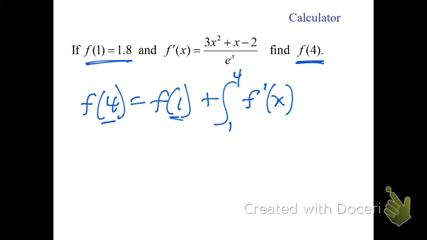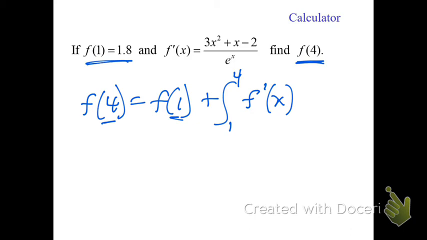Then put it into your calculator. You don't have to write anything else. Please practice doing it so you can make sure you know how to do it in your calculator. Change the f of 1 to 1.8 plus, you don't need to write it though, then do all of it in your calculator, okay? So I have to do that right now, so I'll get the answer for you. So I'm going to plug in the 1.8. The f of 1 is 1.8 plus